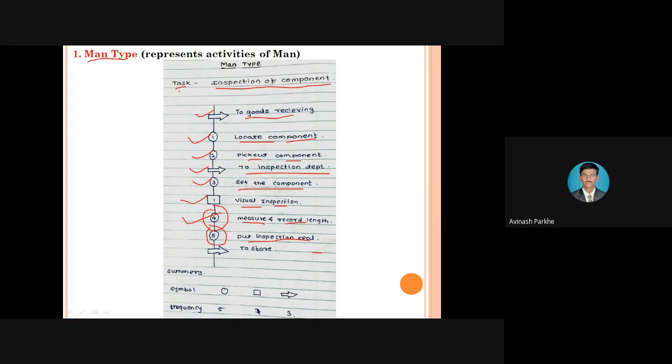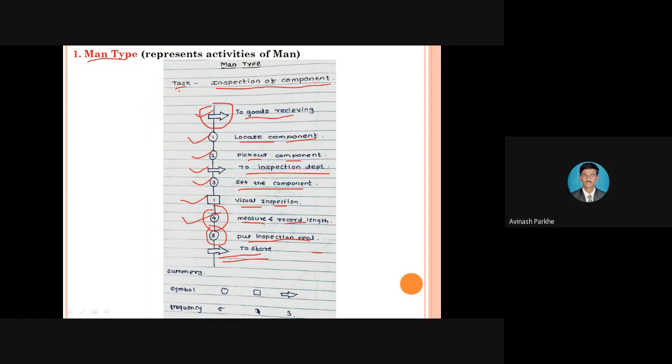And once the inspection seal is put on that particular component, the component is moving towards the storage device, or that operator himself, he takes that particular component in his hand and he will start moving towards the store to keep that particular components. So through this particular man type flow process chart, whatever the 3 symbols are represented, one symbol is